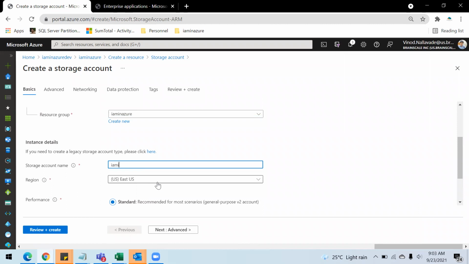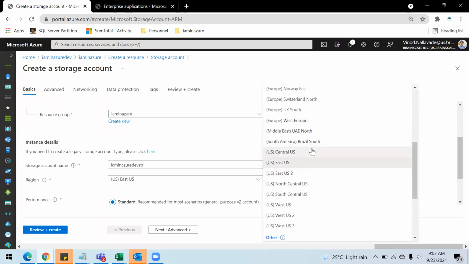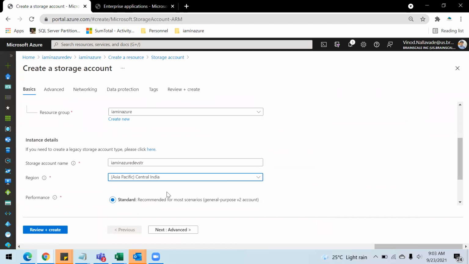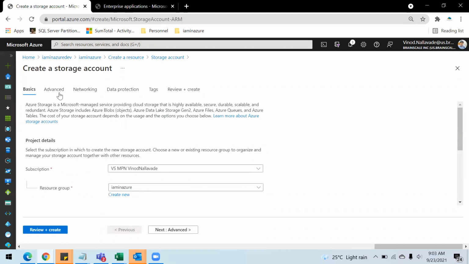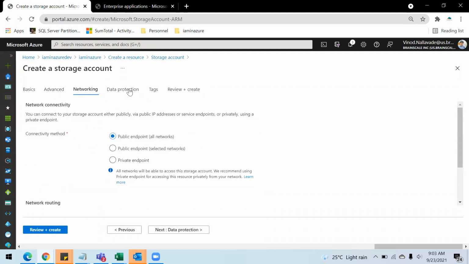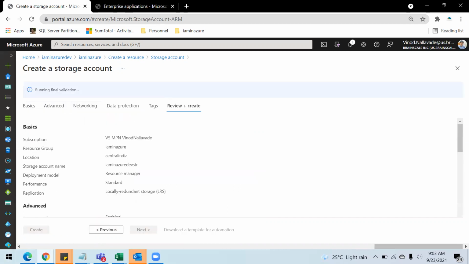I'm going to name it as I'm in Azure Dev STR, and Central India. Again in the networking, I'm going to put it as available in a public way, and let's create this as well.